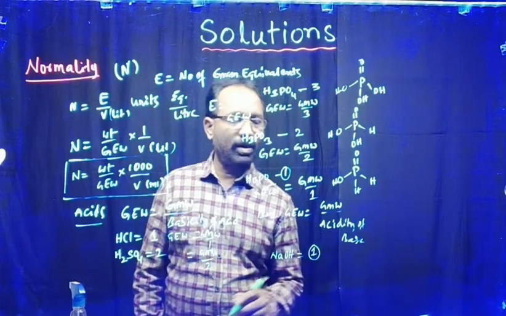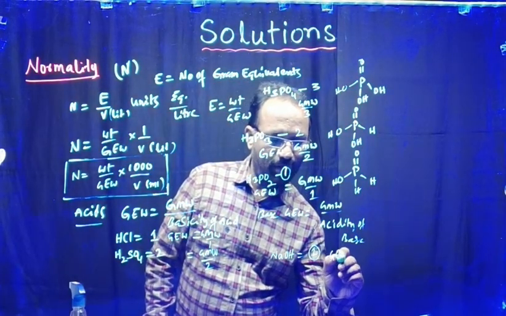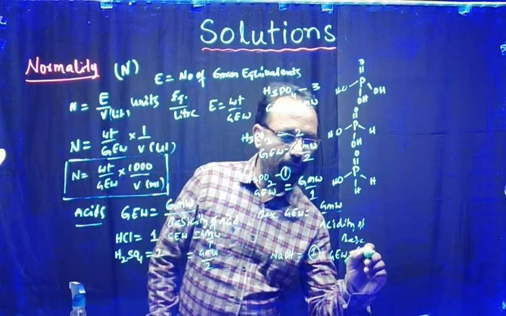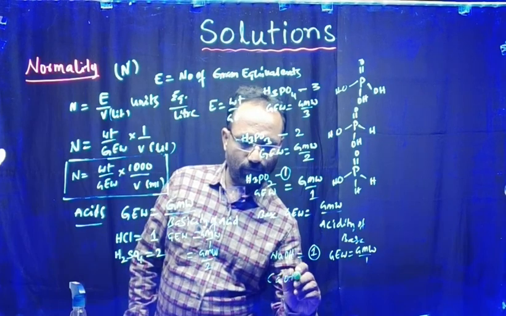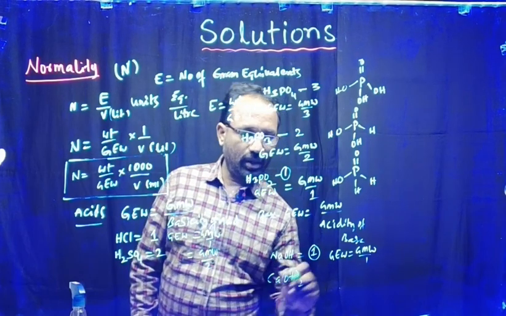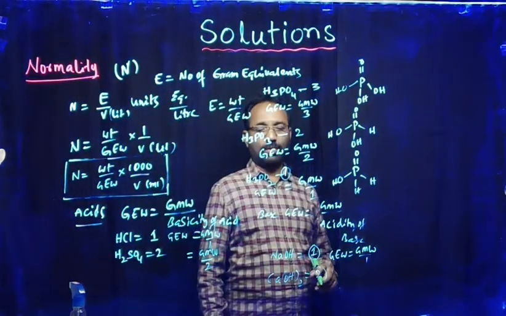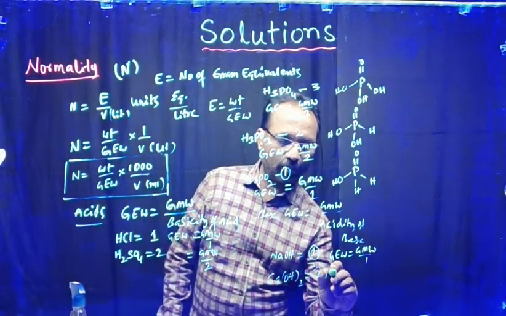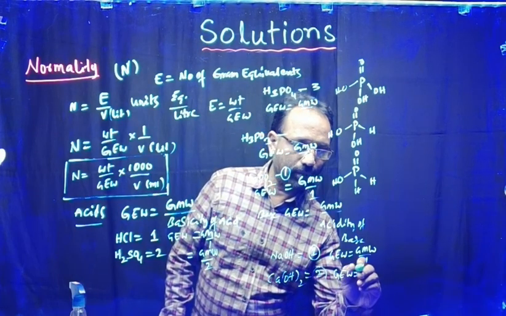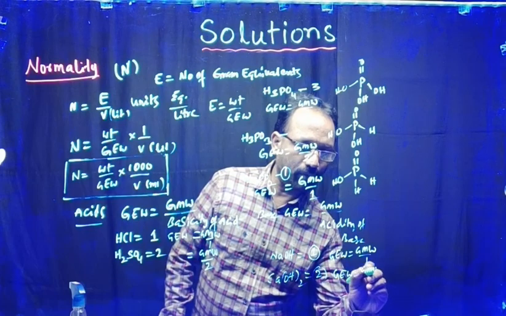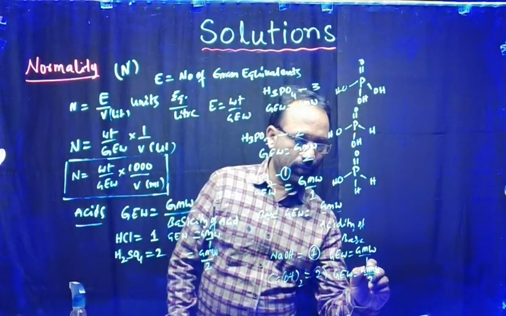Therefore, gram equivalent weight equals gram molecular weight by 1. In case of calcium hydroxide, the number of replaceable OH groups is 2. Therefore, gram equivalent weight equals gram molecular weight by 2. Similarly,